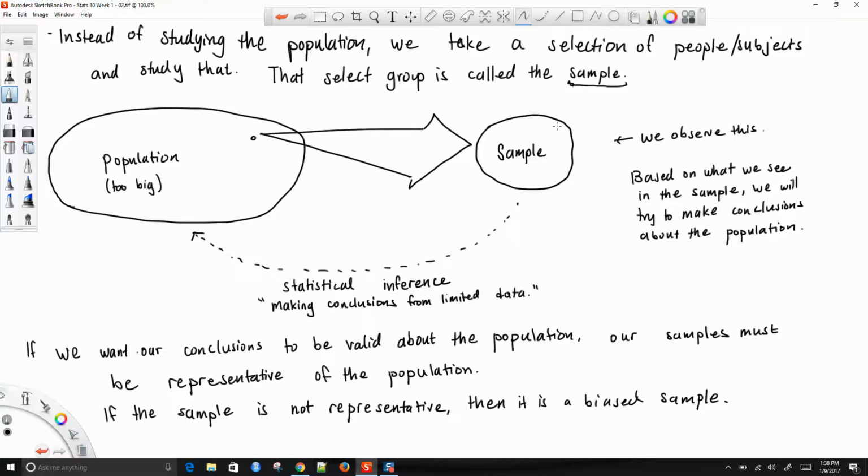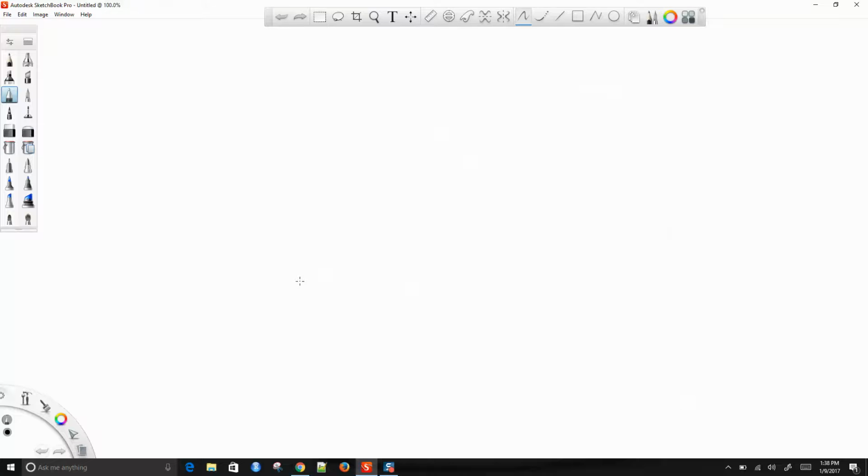So anyway, this is always going to be an issue in all of your research, or if you're going to do any kind of surveying and sampling. We want the samples to be representative of the population. It is actually very difficult to pull that off, okay? But we'll just talk about some ideas that go into getting a representative sample.